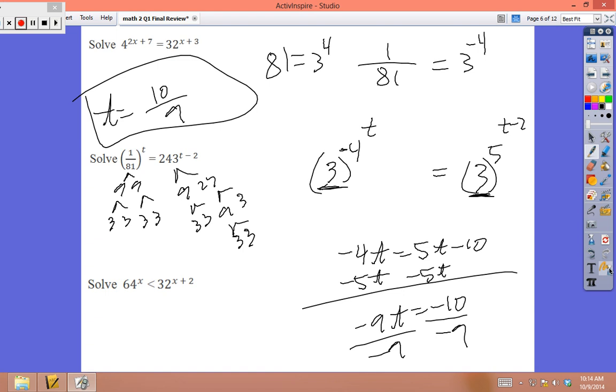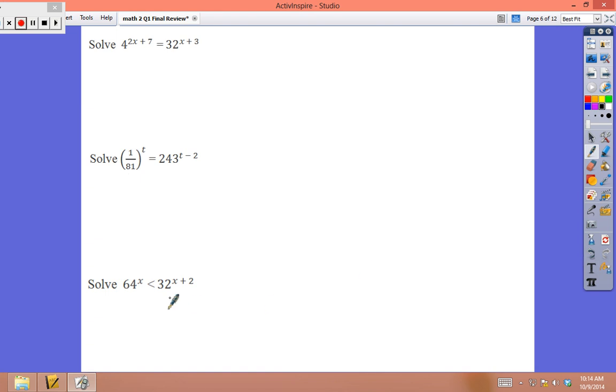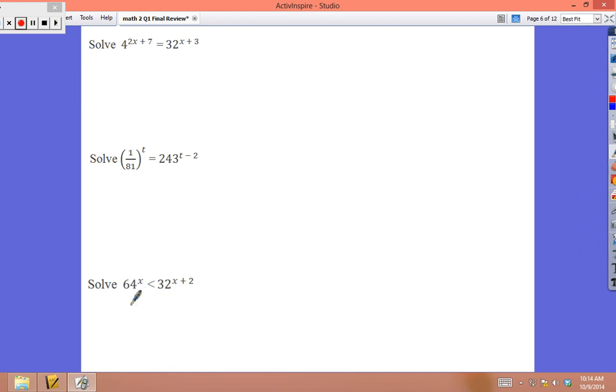So not too bad. Okay, now the last one. It's an inequality, same thing, bust up 64. That's 8 times 8. And that is 2 times 2 times 2. And that is 2 times 2 times 2. So you need to exchange 64 for 2 to the 6th. And then put an x there, less than